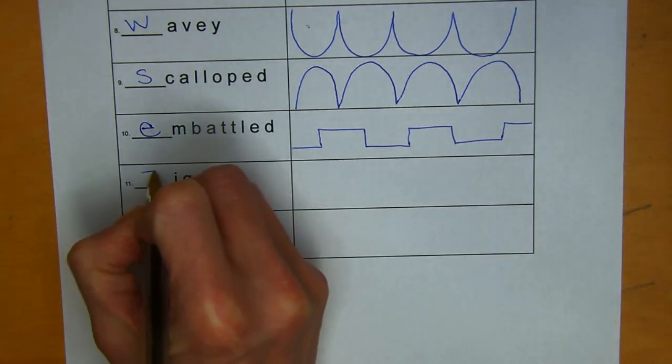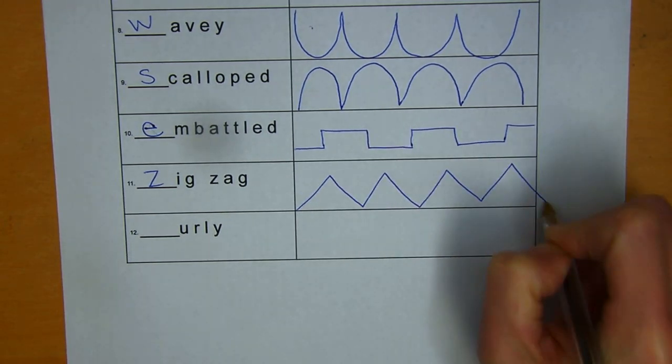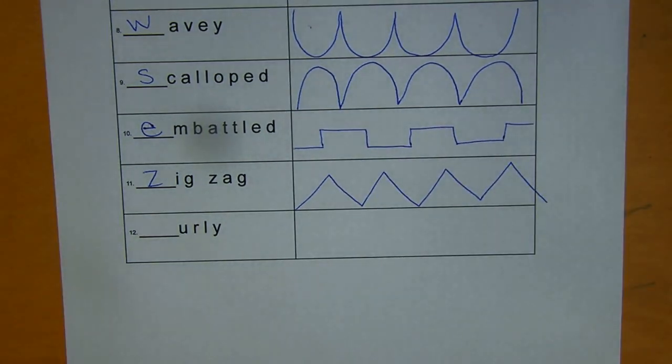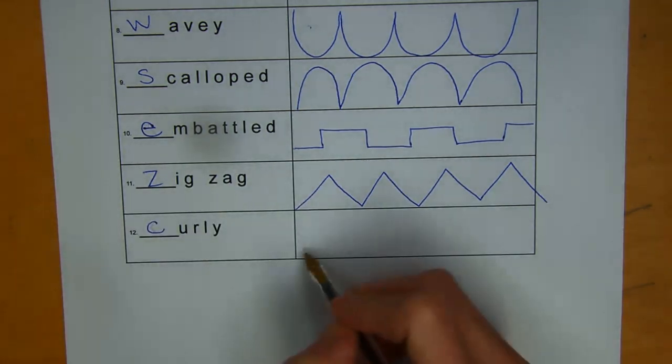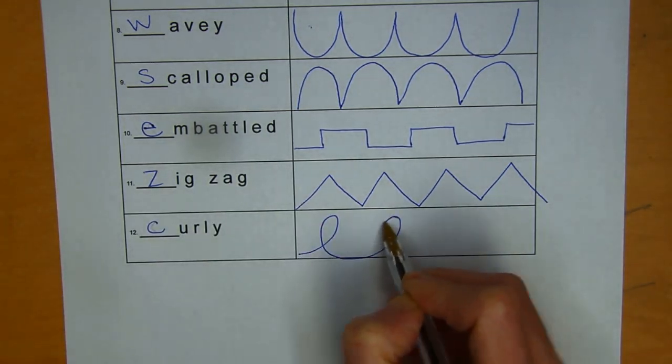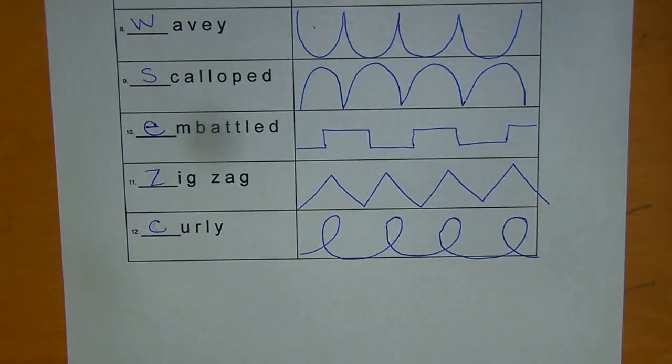Number 11 is zigzag, and that's when we go up mountains like that. And our last one we're going to talk about today is curly. So you go out, curl back, out, curl back, out, curl back. Okay. When you are done with that,